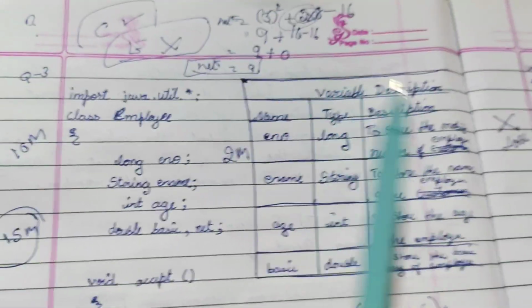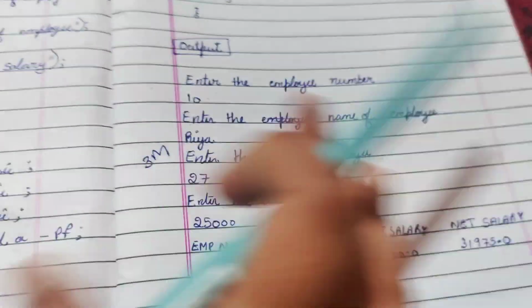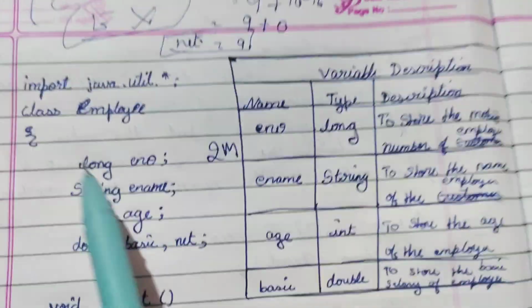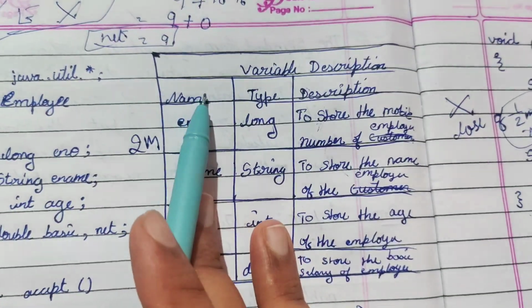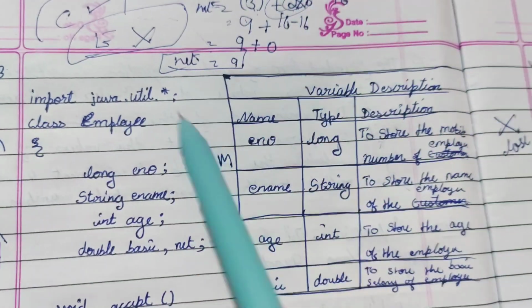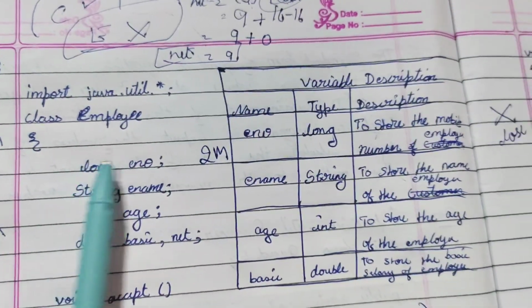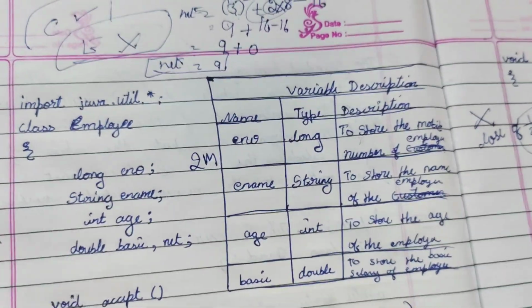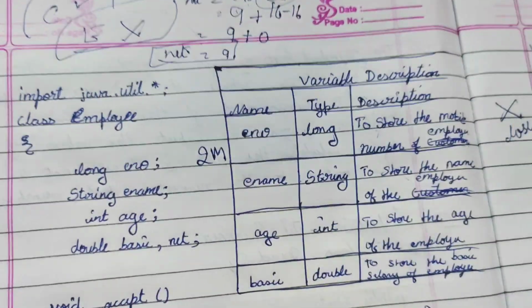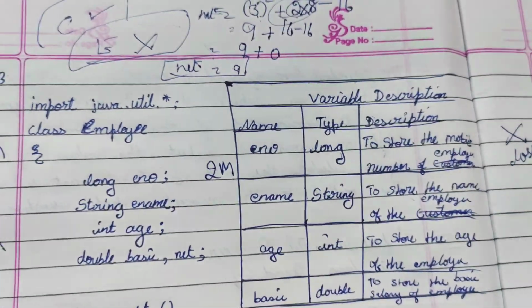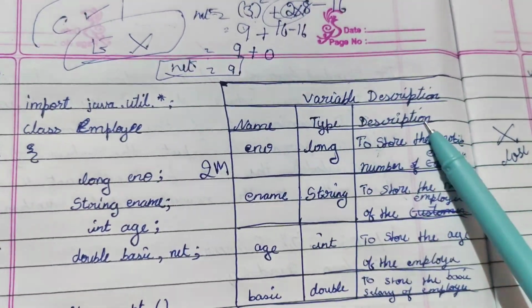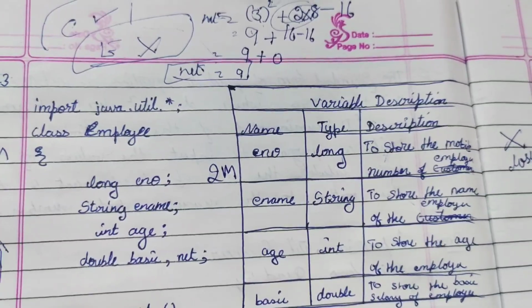If I have written this, you should write the variable description after the output, but I have written it here to show you what the variables are and which type. You should be very sure to write the name, type and description. Here I am coming to the point. Long, E and O. These variables I discussed at the start of the video. Now E and O is long. Why are we initializing long? In the description you will write: to store the mobile number of